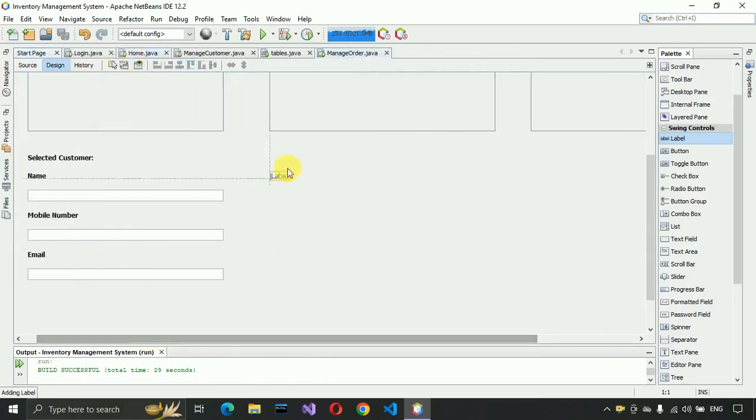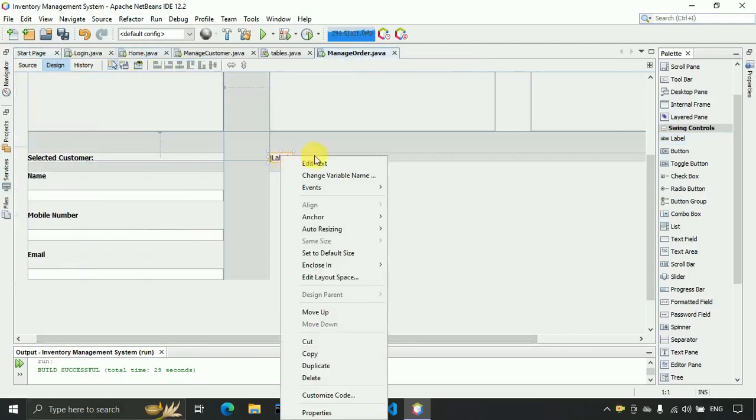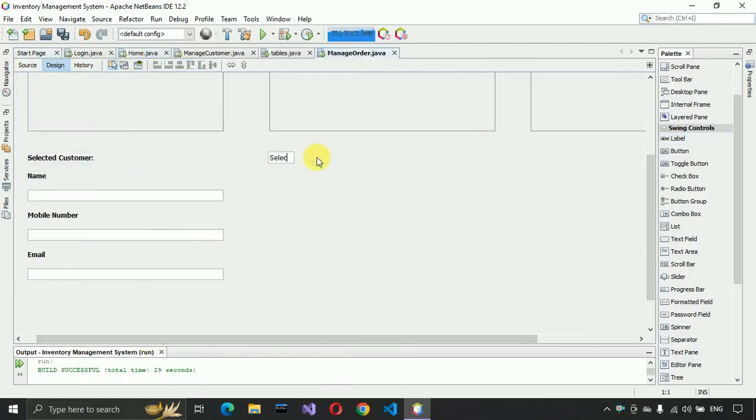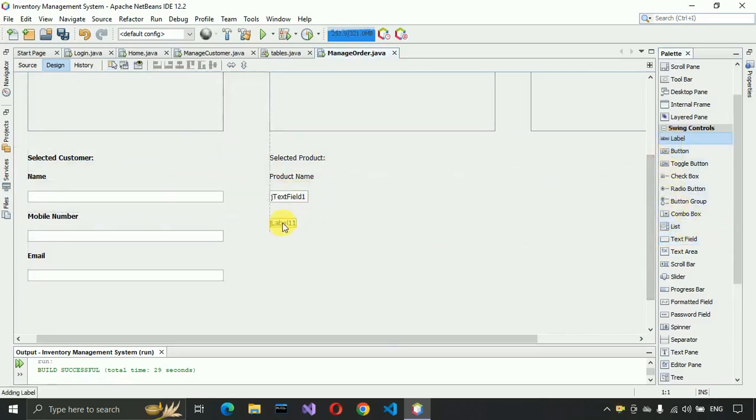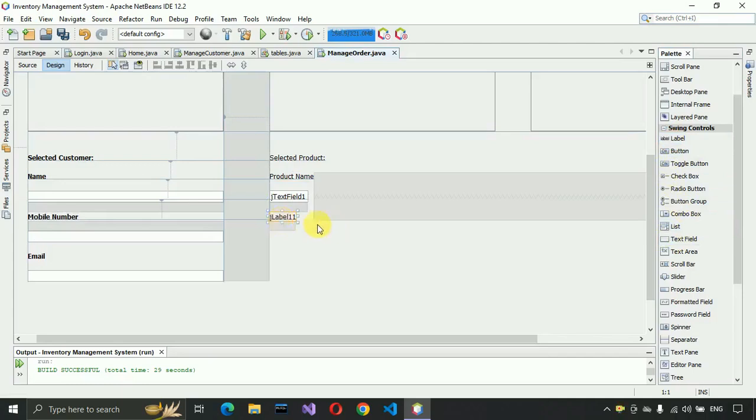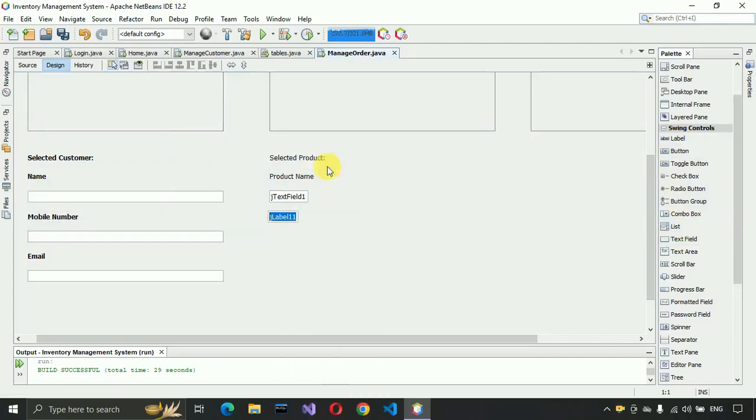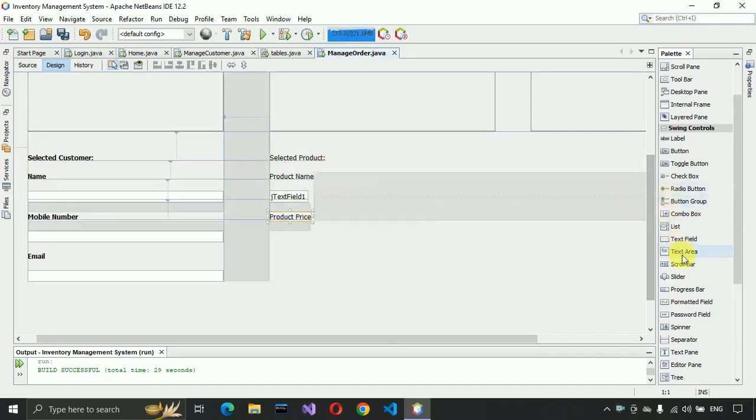Let me scroll a little bit, and here we have to just put selected product, and after that here place a new label, next label, and that will be for product name, and we need also text field, and again label over here,